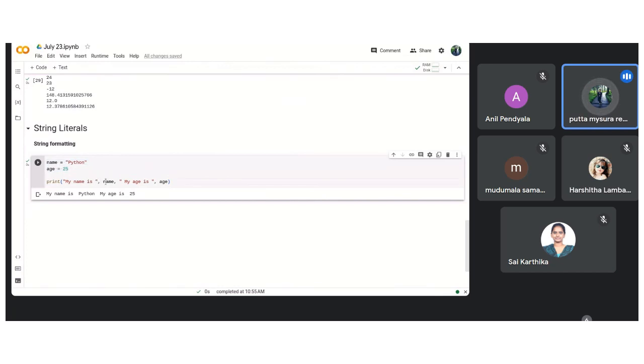There are only two variables here, name and age. That means only these can change, but everything else is the same. "My name is" and "my age is" are constant values. What is changing is the name and the age. So based upon these changing variables, I am formatting the string. So this is one way of formatting a string, and